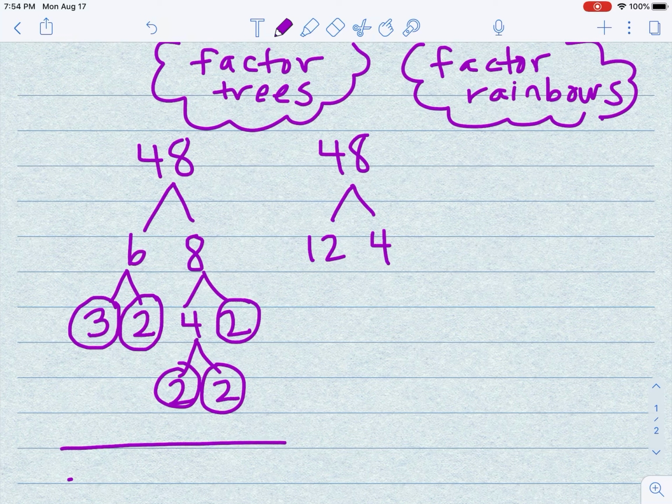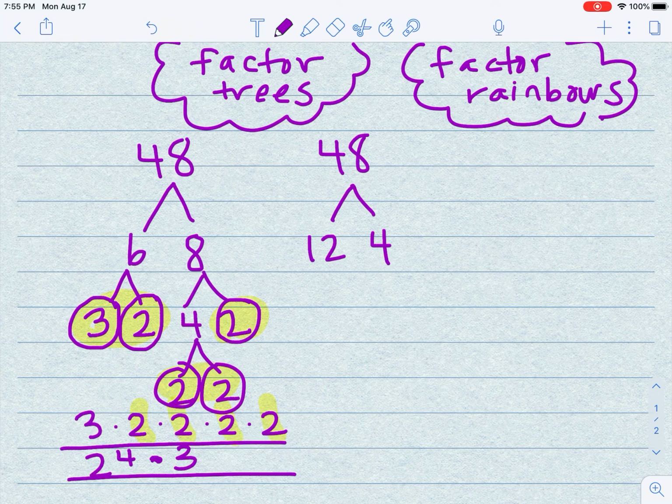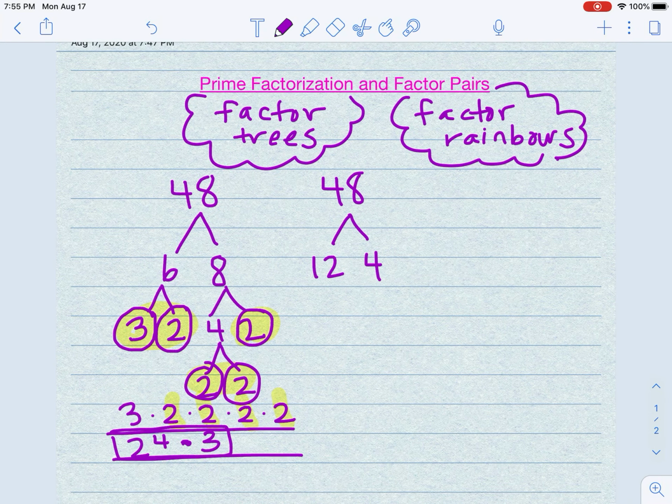write this on a line, and then we can put it least to greatest and put it in exponential form. So this is 3 times 2 times 2 times 2 times 2. Make sure that you get all your factors, whether they're up here, or down here, or up here. You need all of those. And then you need to put it least to greatest in an exponential form. So this would be 2 times 2 times 2 times 2, so that's 2 to the 4th power, times, we use a dot, 3. And that is prime factorization